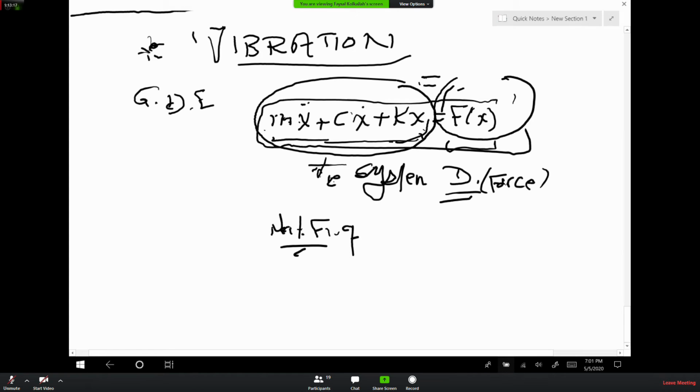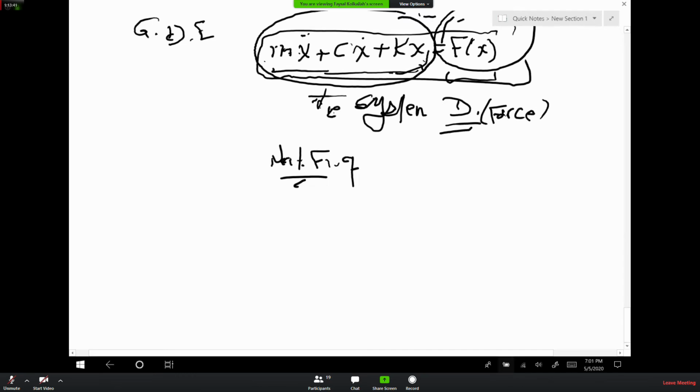So if I'm designing a bridge, I should be able to calculate the natural frequency of the bridge. And I make sure that when the train is going by, the train doesn't have the same natural frequency, or else the bridge will be completely destroyed. So really, to talk about this subject,